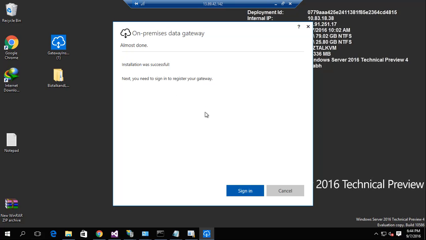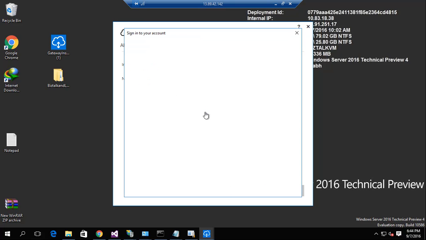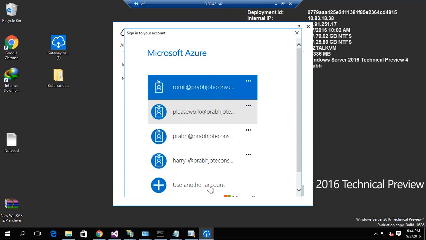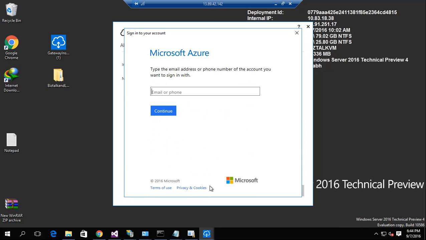So installation is successful, but then it's asking for registration, and as I mentioned, for registration I need to do it with the help of a Microsoft school